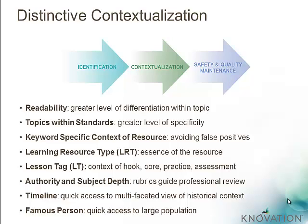So within that contextualization phase, we're not just tagging for the resource's title, description, and keywords. We certainly do that, but we go beyond that and we do things like readability. Again, readability, highly useful in making sure that when you're trying to teach a particular topic, you can have a level of differentiation for students who are at a low level of readability as well as those who are at higher levels of readability. We tag for topics within standards. That allows us to not just stop at some of those broad standards, but get down to the specific skills within those standards, providing a greater level of specificity for teachers looking for resources teaching that specific skill that they're